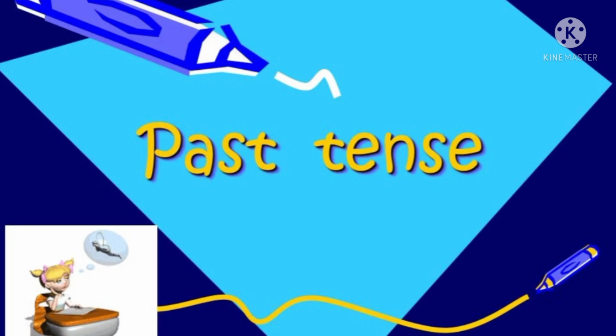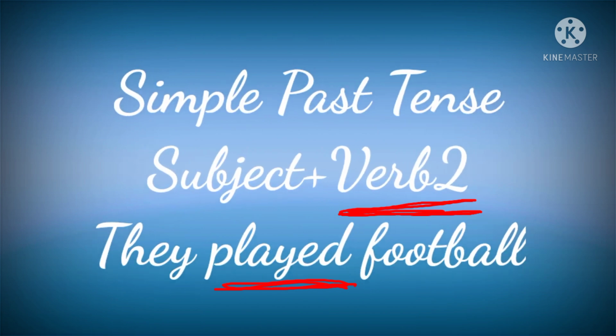Today we will study what is past tense. Past tense is divided into 4 types: simple past, past continuous, past perfect, and past perfect continuous, as usual for other tenses. Let's see what is simple past tense, or how do we use simple past tense. Children, since we already have learned simple past and all other tenses, we focus on the uses of the tenses. Listen to this slide.